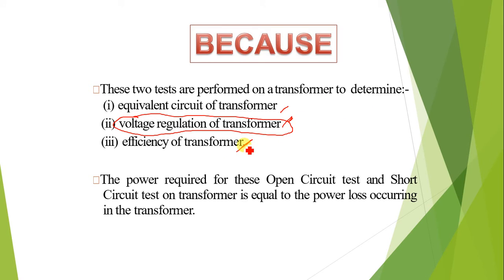Efficiency of the transformer. What is the efficiency of the transformer? Without any losses, the power that is given as input should be almost equal to the power that you get as an output. The ratio between these two things into 100 will give you efficiency, right? So that efficiency we are going to find, generally we can find.